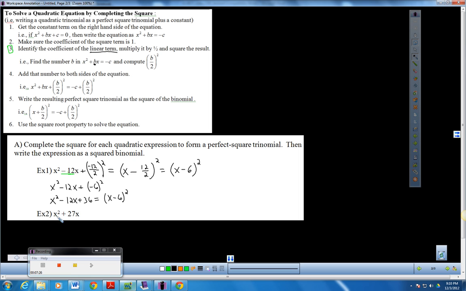Down here, we're looking at x squared plus 27x. Again, I want to add the b value over 2 squared. And the quick and the easy just says take 27 over 2 squared. You know that's going to factor, because you just added that b value divided by 2 squared. You know that it's going to factor into, well, I see that's a positive right there, and I know it's a positive b, so the b value is positive, so it's going to be x plus 27 over 2,